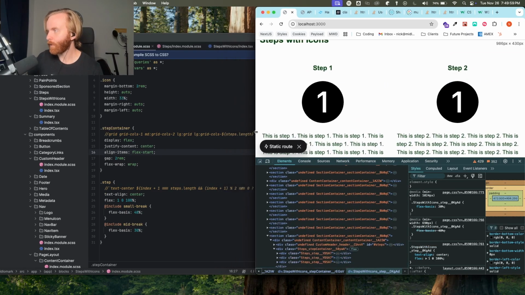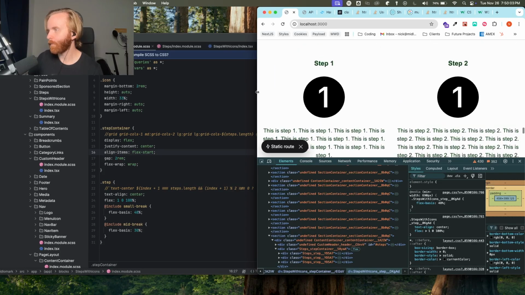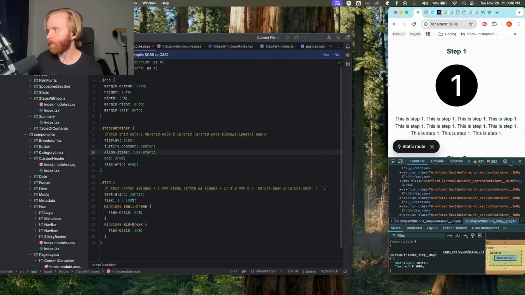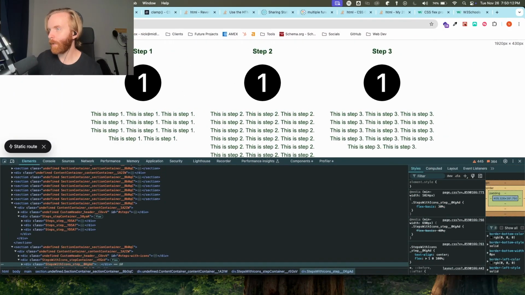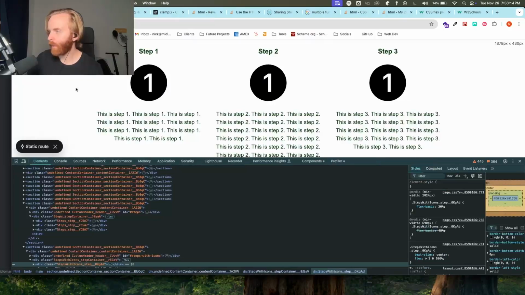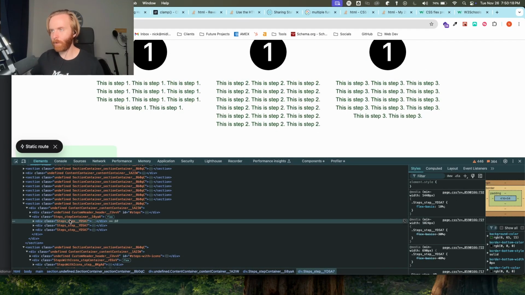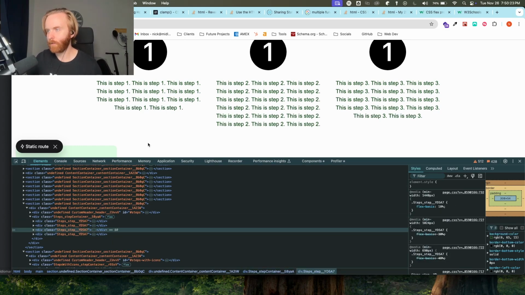But now if I shrink this down, these stay there. This still takes up all of the space. And then it shrinks down to 1 column. And so now this takes up 3 spots. And I think that's going to be enough, because we don't want this to be too much on one screen. And so if we add a 4th, it'll come